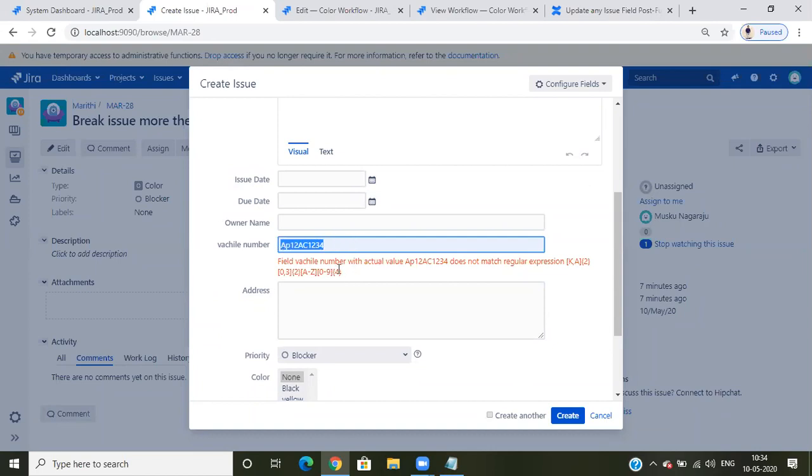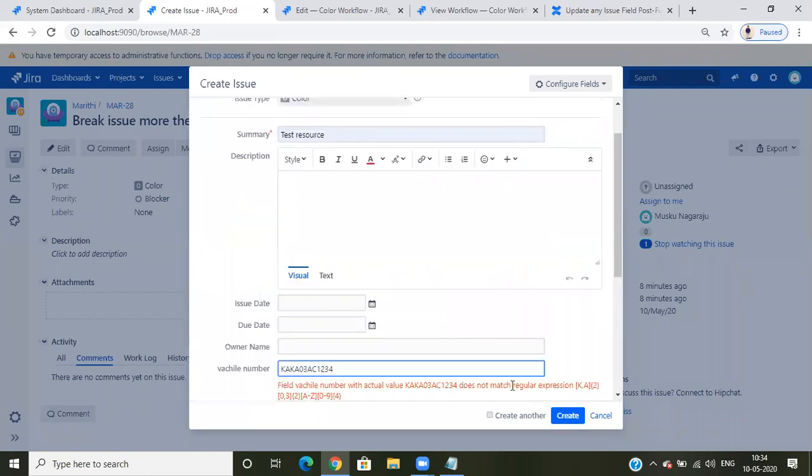Why? Because we entered K comma A only. If I enter K hyphen A or A hyphen K, a letter in between would be accepted. So I need to enter the same thing here. How do I need to enter KA differently? KA, then 2 letters only. Suppose I select KA again and then 0 3. I need to enter 0 or 3, then AC 1 2 3 4 or something.